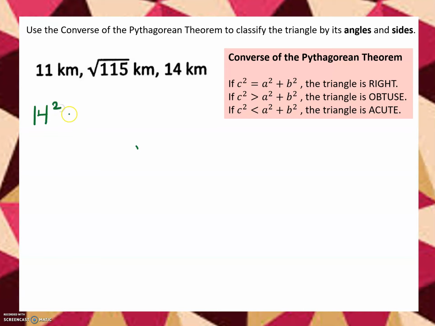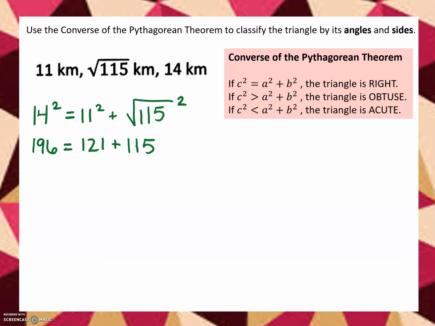So 14 is our c, so 14 squared equals 11 squared plus the square root of 115 squared. Okay, and when you simplify that, we have 196 equals 121 plus 115. Remember that taking the square root of something and squaring it are opposite operations. So the square root of 115 squared is just 115. All right, and then when we add that up, we get